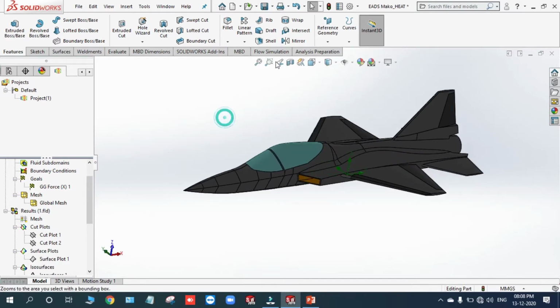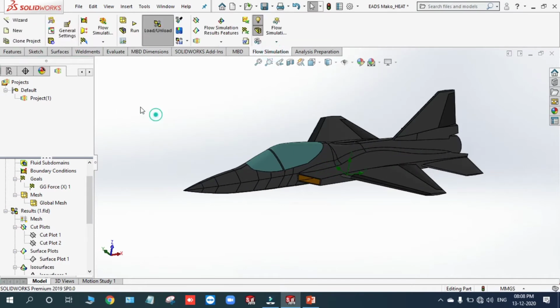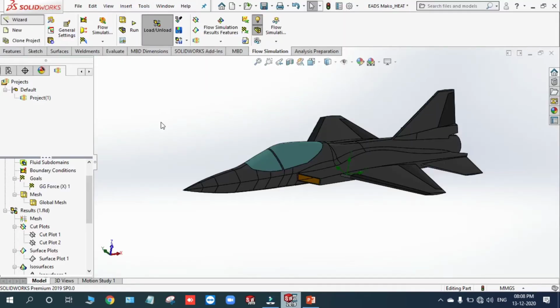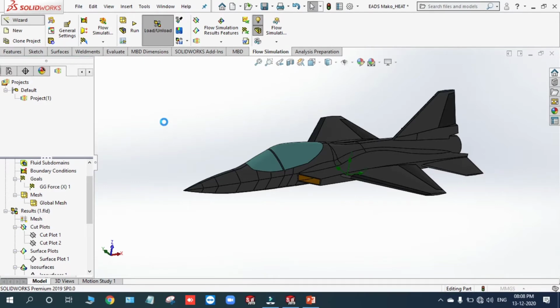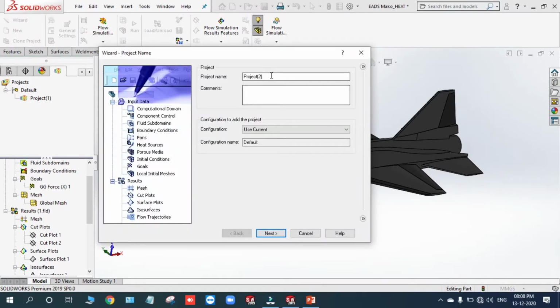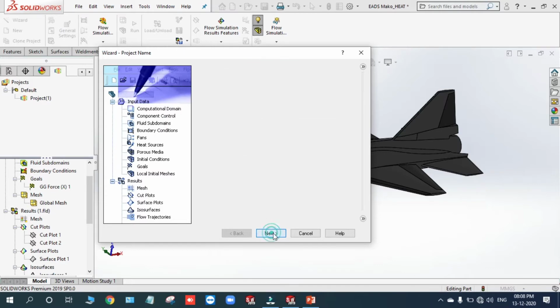Let me jump into Flow Simulation, and I'll create a study by using this wizard. These are the basic tool inputs I'm giving, showing how to utilize the tool to deal with flow simulation on aircraft, jets and airfoils later on. Once you click on the wizard, you'll get this. You can rename it if you want, but I'll keep it like this for now. Once you define it, go ahead with the next one.